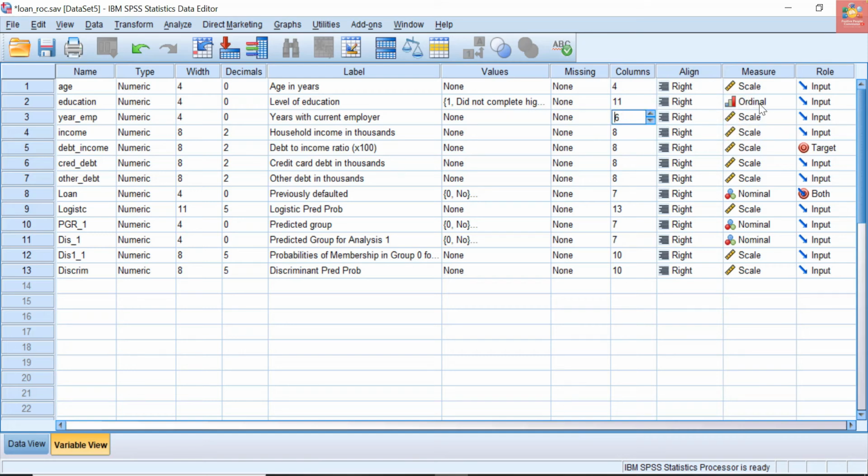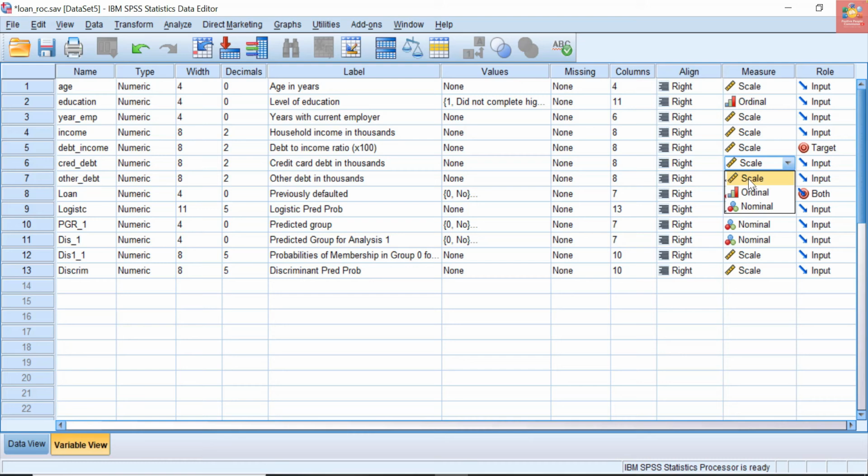And the next is if you have some categorical or qualitative data having specific categories, then you can treat it as nominal, where you can't compute averages or other numerical computations. You will only be able to compute numerical calculations if you set it to scale.